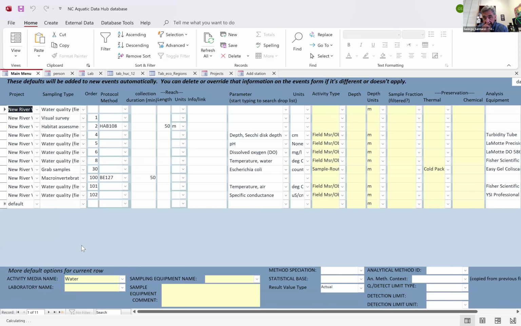This is another critical piece. So this, again, Adam referenced. This is where you can set all your defaults for your protocols. So whatever data you're collecting. In this case, New River Conservancy uses a SECI disk for turbidity monitoring. So we have this device, often in a lake or something like that, you have a SECI disk tied to a string, and you drop it down and you measure how many feet down you can see it. Well, we're typically measuring